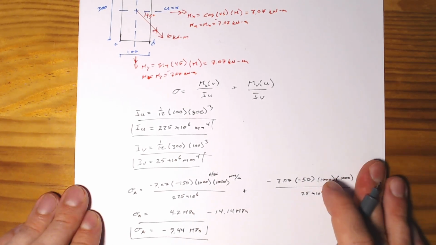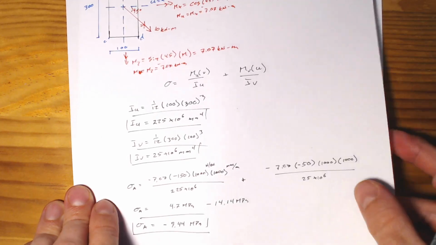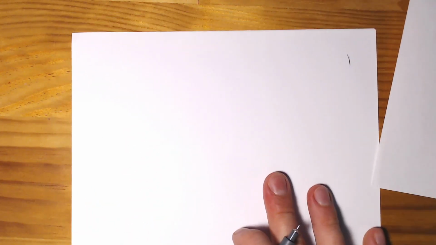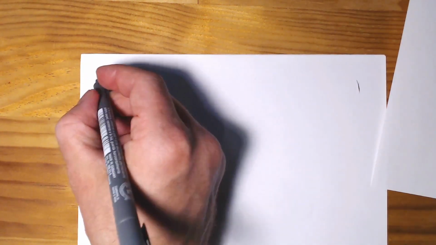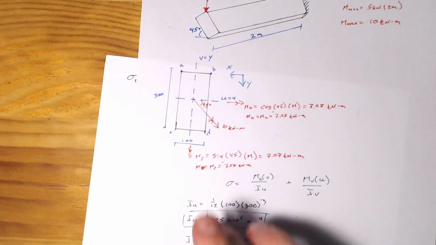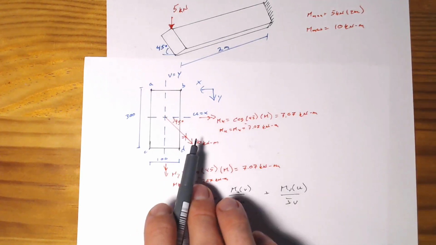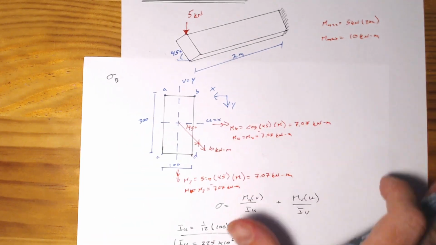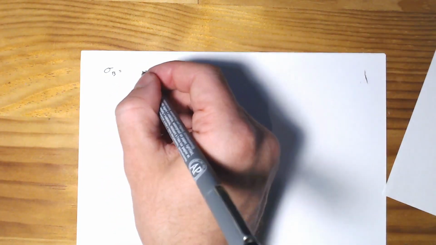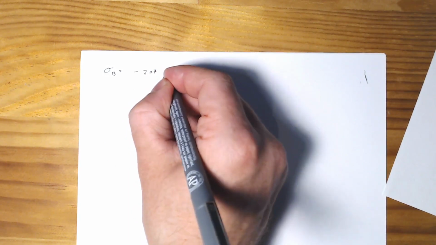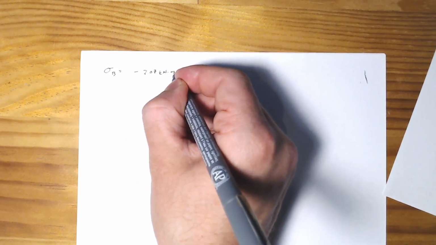All right, simple enough. Again, just keeping track of what we've got going on here. Sigma B, so our stress at point B. We know that these are going to both stack up. D is going to be in compression, A is going to be in tension there. So we would get minus 7.07 kilonewton meters